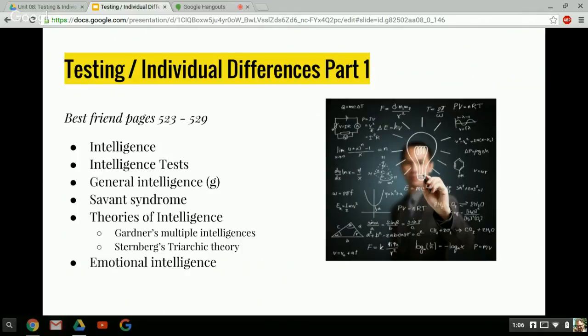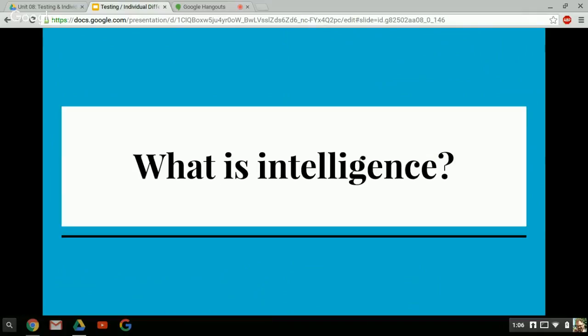A few of the questions in your reading guide, I may not answer in full during this discussion, so you'll have to go back to your best friend and figure out exactly what those are. The vast majority of them, 95%, I will, but occasionally you're going to need to do a little bit of reading to get yourself caught up and fully understanding all this stuff. That's why I give you the page numbers, so you know where to look for these answers. So with that being said, we're going to get after it.